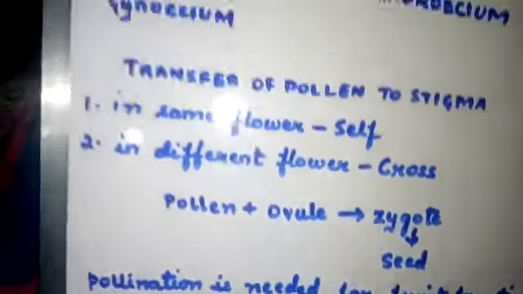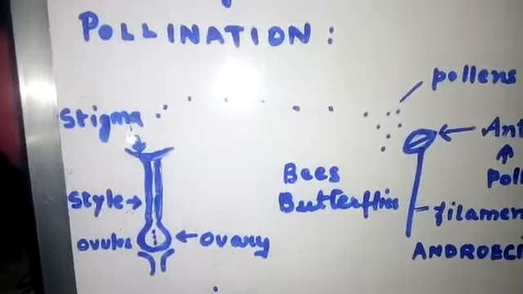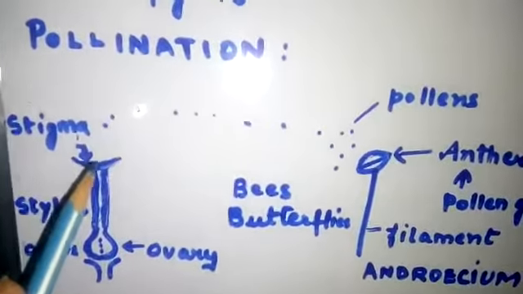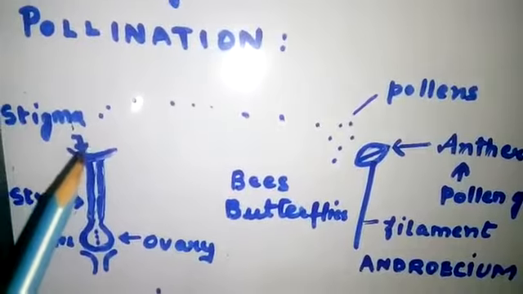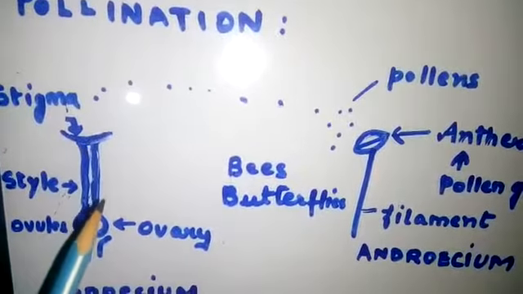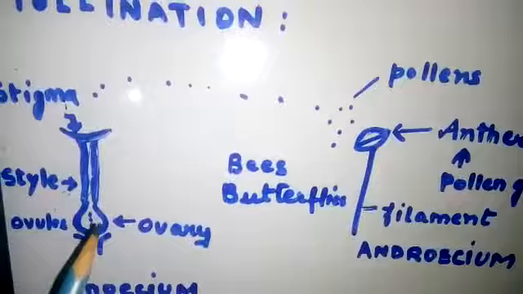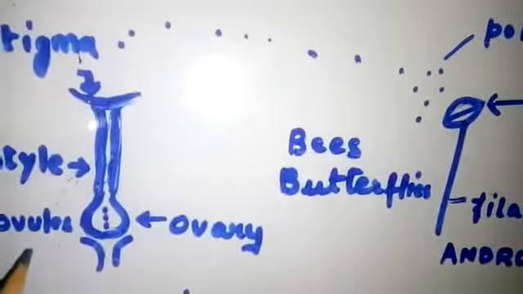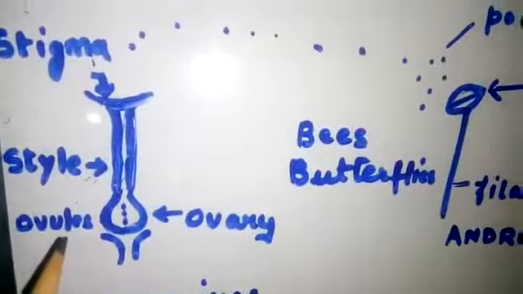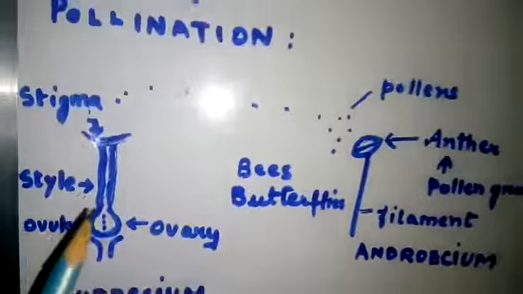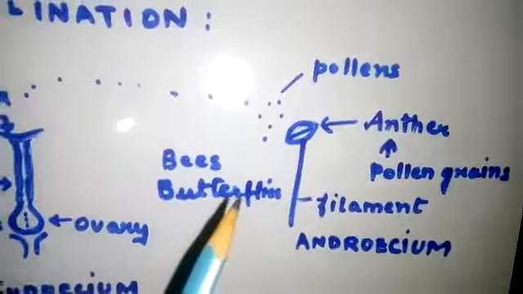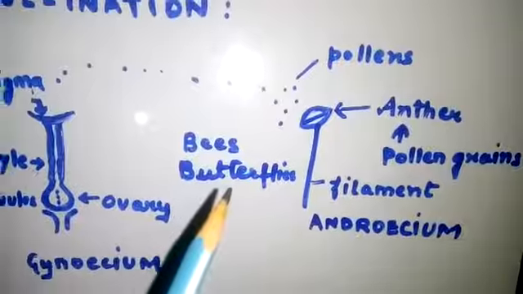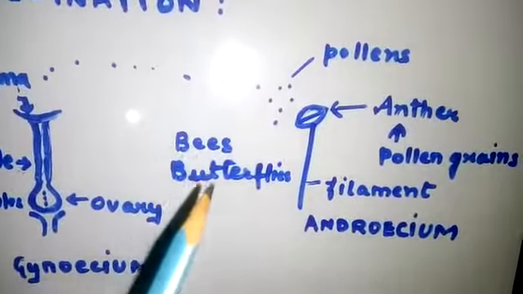Okay, one more time. See, what is pollination? Pollination is the transfer of pollen grains to the sticky stigma, where the pollen grains reach the ovary and fuse with ovules. And when they fuse with ovules, they form seeds. Now how do the pollens get transferred? Sometimes through air, sometimes through insects, like butterflies and bees.